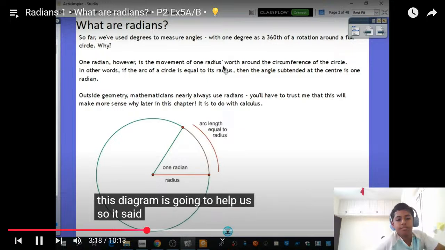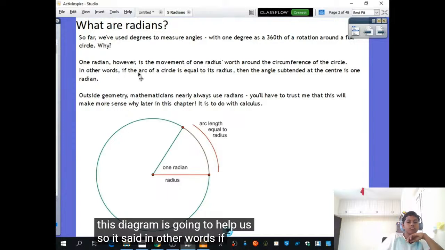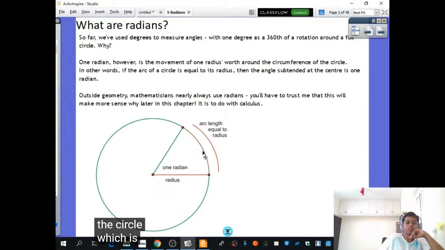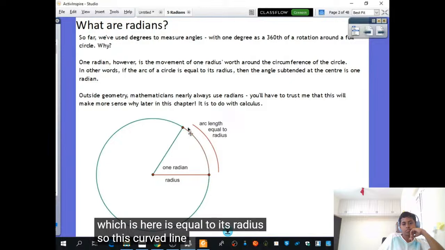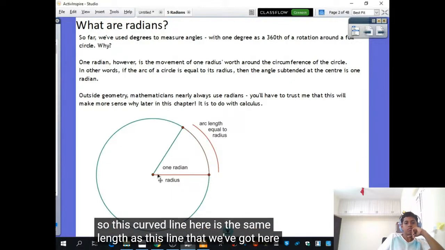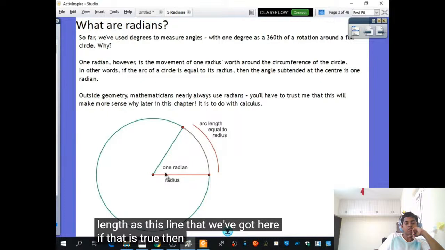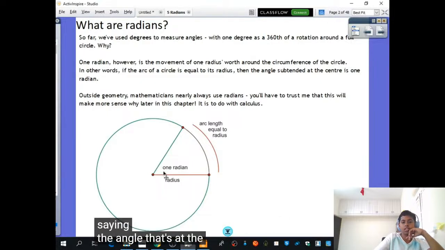So it said, in other words, if the arc of the circle, which is here, is equal to its radius, so this curved line here is the same length as this line that we've got here. If that is true, then the angle that is subtended, which is a posh way of just saying the angle that's at the middle, the angle